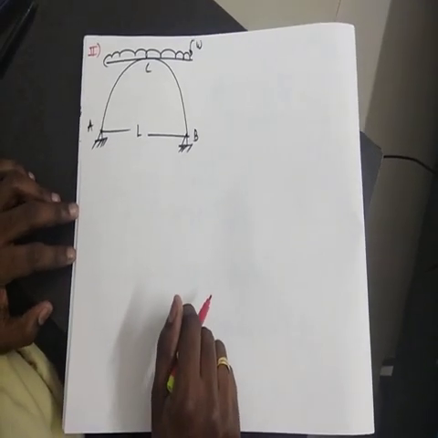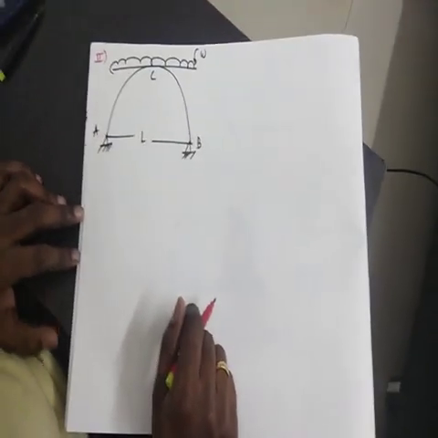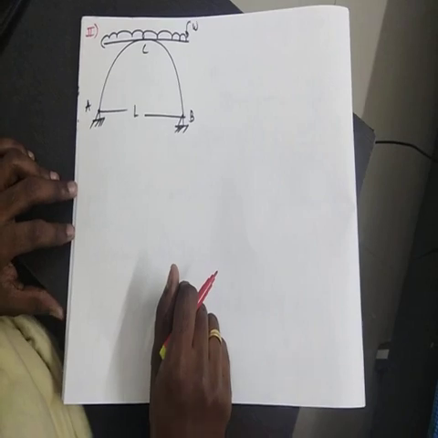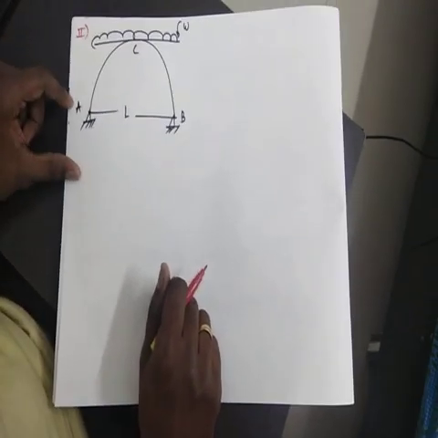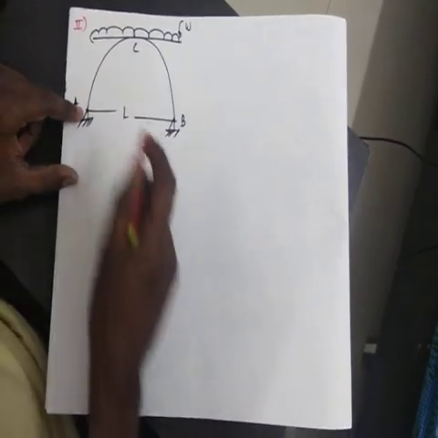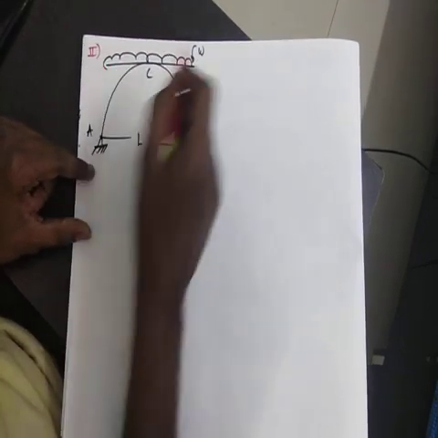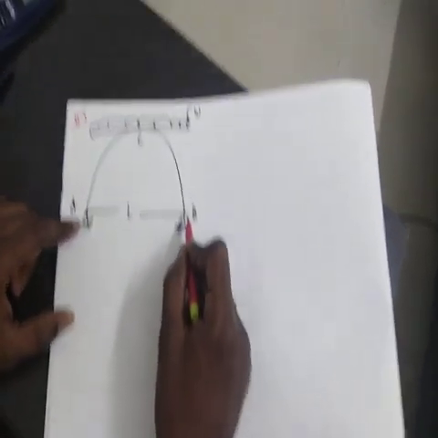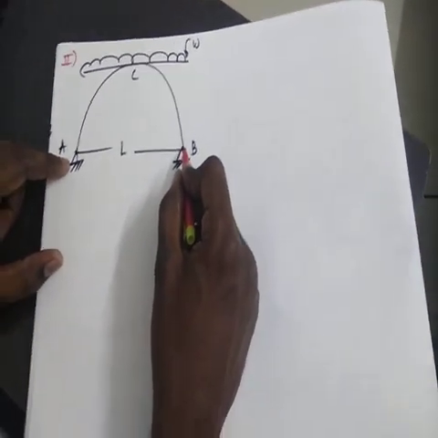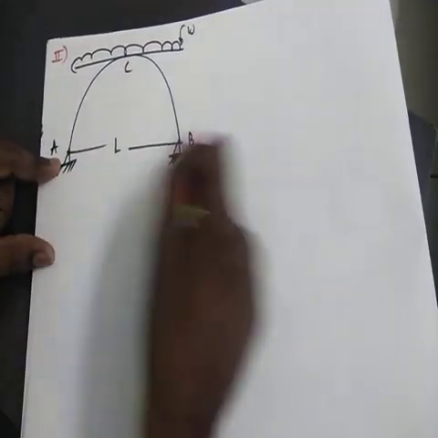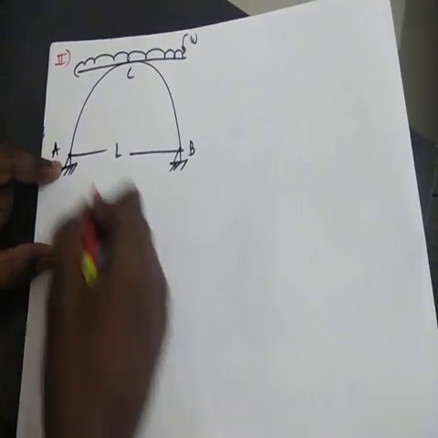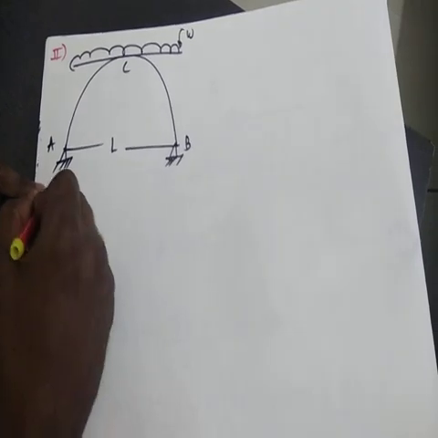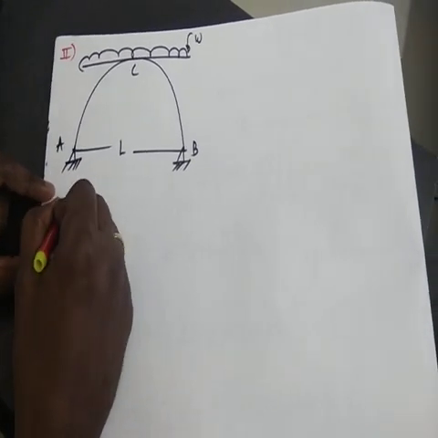Hi friends, now we will see the second derivation for horizontal thrust in a 2-hinge parabolic arch subjected to UDL on the entire span. On this 2-hinge parabolic arch with supports at the same level, the total span carries a UDL of intensity W, and the span is L. Again, we have to find out H,